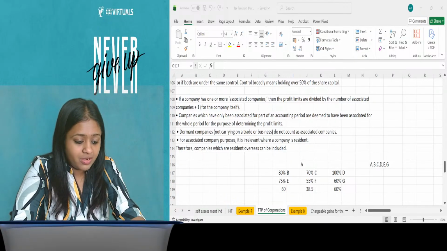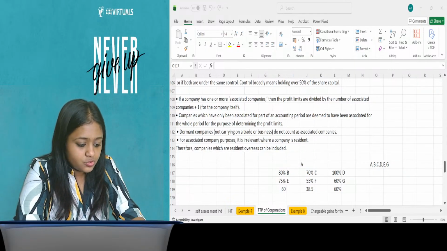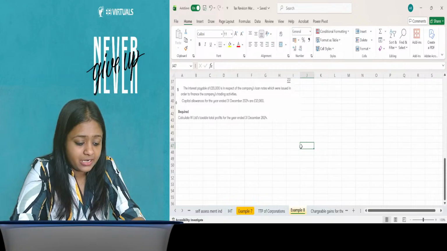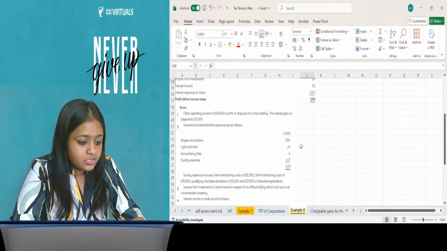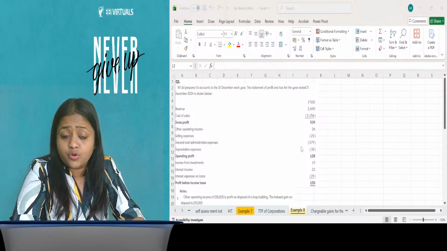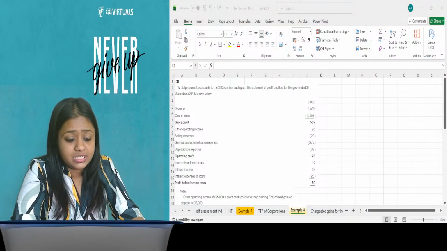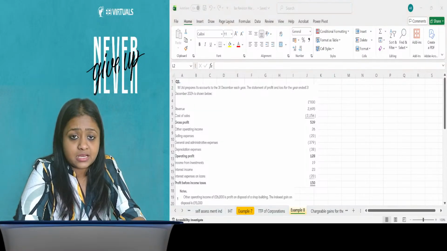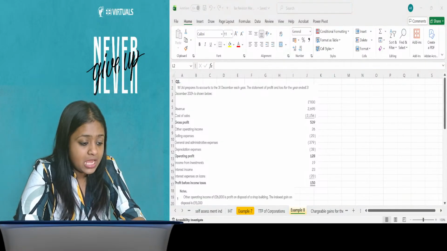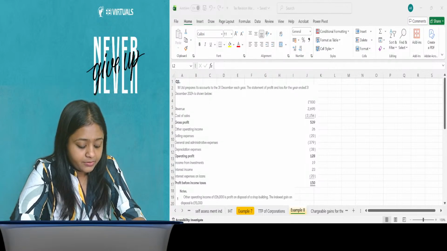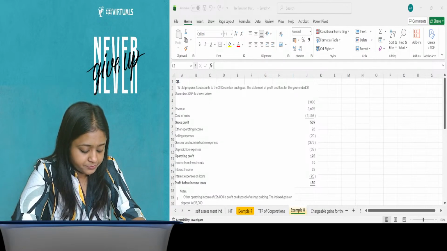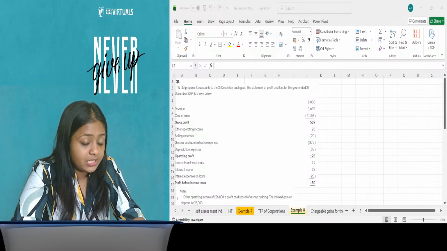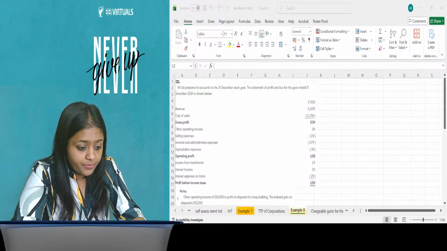Yeah, that's great. So now let's look into the next question and let's try to solve it. So now we're done with the complete TTP calculations. Let's do the workings here. I've taken a very good question that will help us understand the TTP concept quite in detail. It's about W company preparing its accounts for 31st December each year, and the statement of P&L for the year ended 31st December 24 is given to you here.